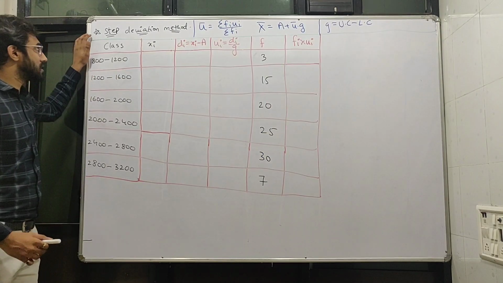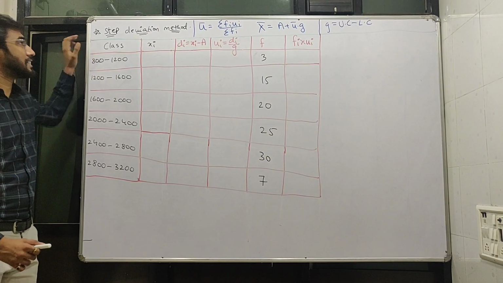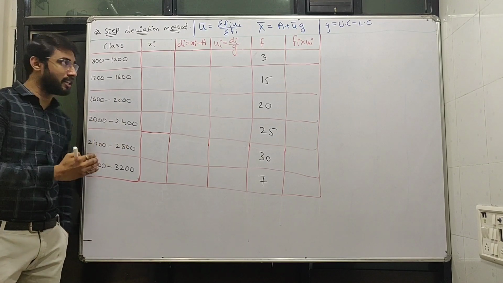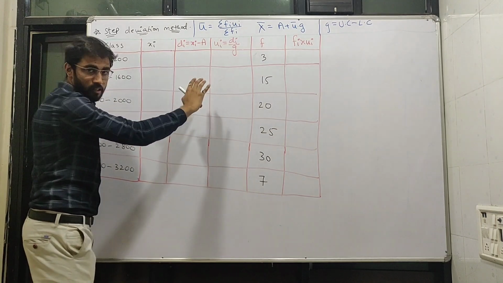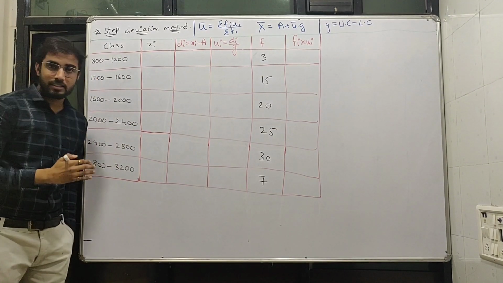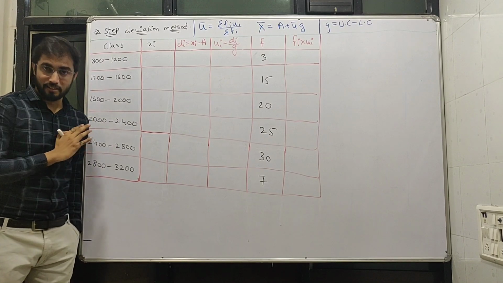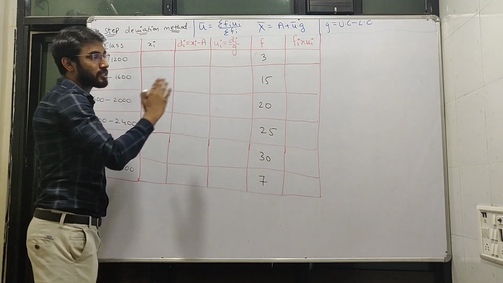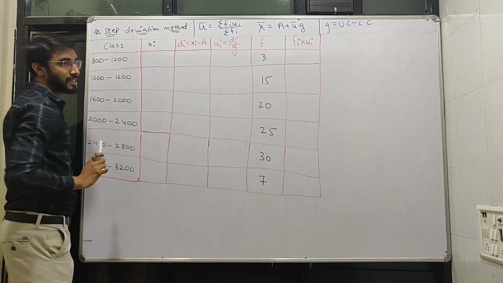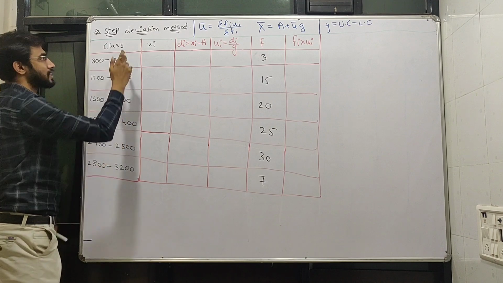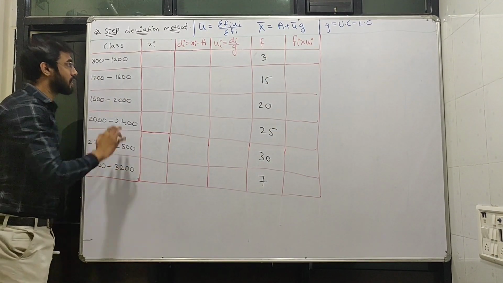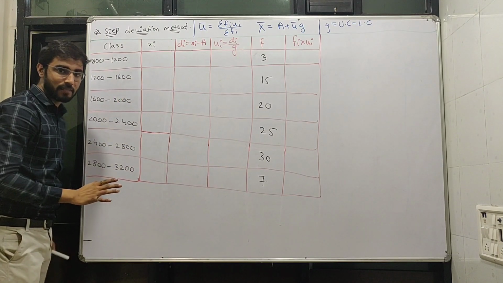So our final method here is the step deviation method. The table in the mean calculation has to be very precise and very clear, so that we do not have any miscalculation or values calculated wrongly in the wrong place. So the table format has to be learned properly. The difficult table is only in the step deviation method. So in the step deviation method, again the class and the frequency will be given to you in the question.